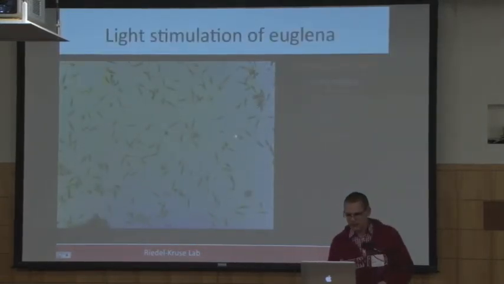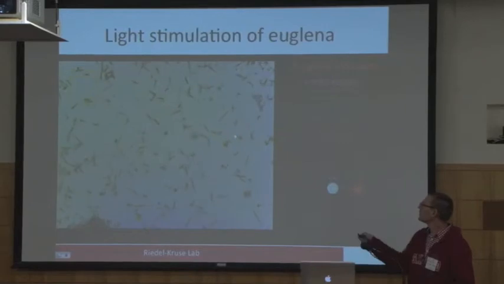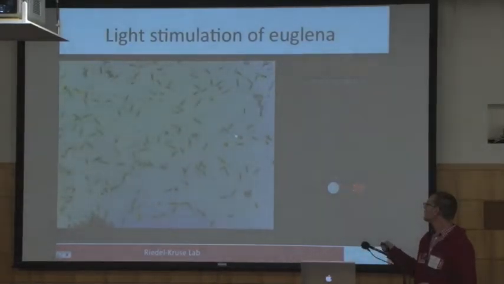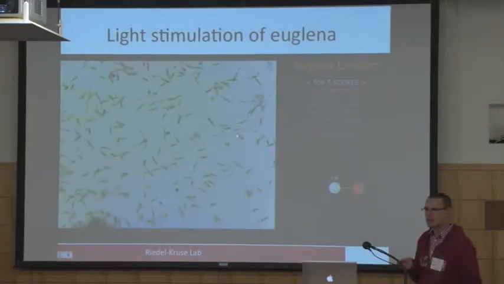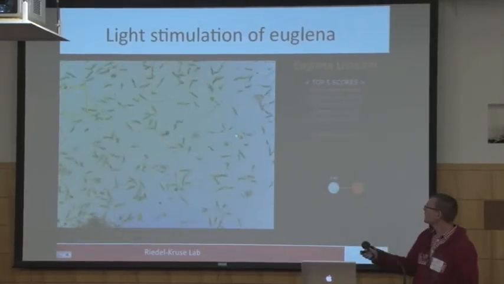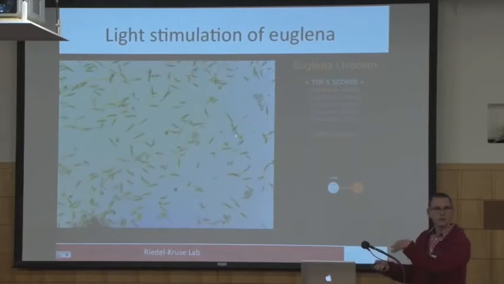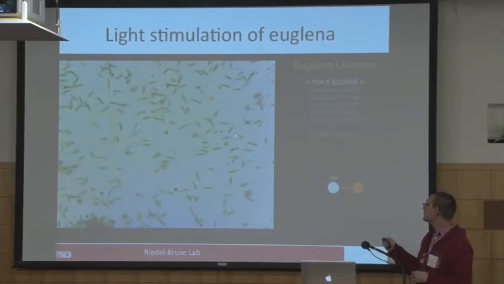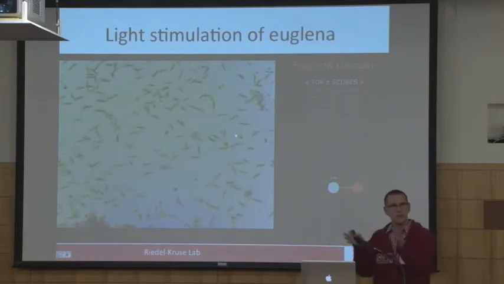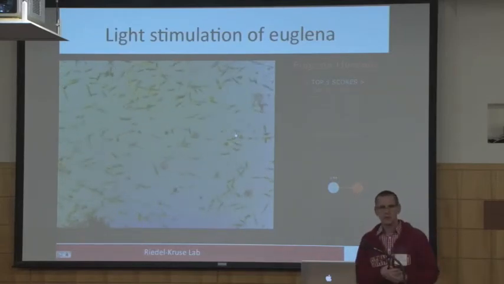So the interface we built here is a chamber where you have all these organisms swimming, and then we have a joystick which you can pull, and this joystick actually shines light from a certain side. If you shine light for a while, you should appreciate that all these organisms move in one direction, right? And if you now change the direction of the joystick, then you can make them move in another direction and so forth. And so you have a real-time interaction